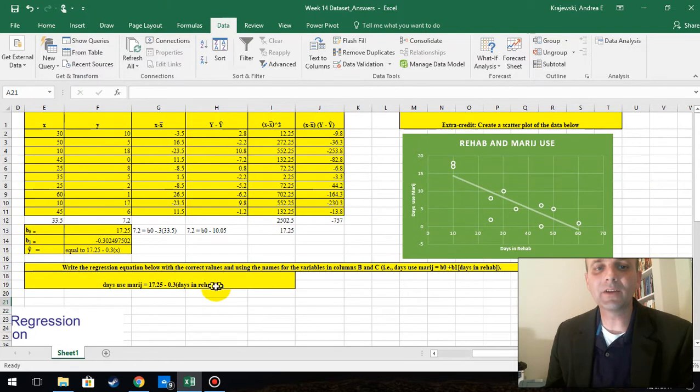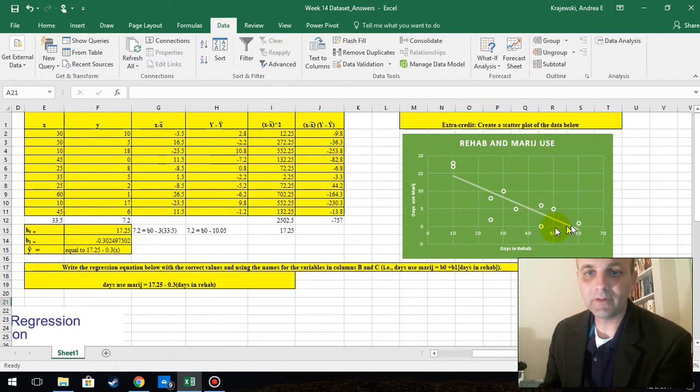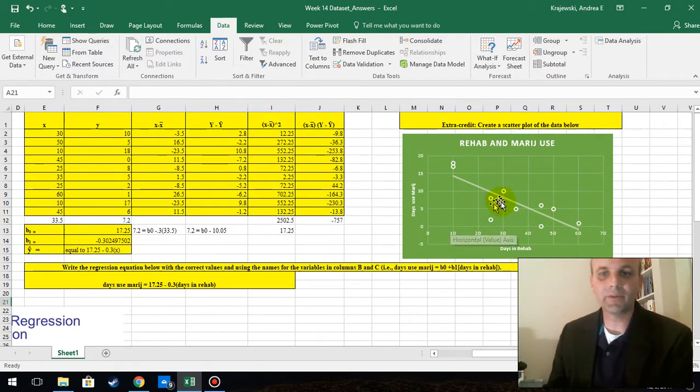So as every day increases, the days using marijuana decreases by 0.3 on average, okay? And it's not accounting for the error term, because there's errors in prediction and all that type of stuff. But as you can see, once you get to close to 60 days here, the expected average use of marijuana is going to be 0. All right, because people spent 60 days in rehab, and for whatever reason, at this point marijuana use is substantially